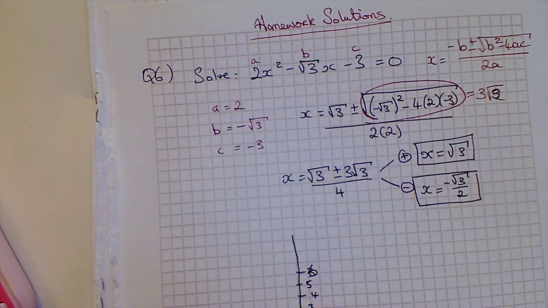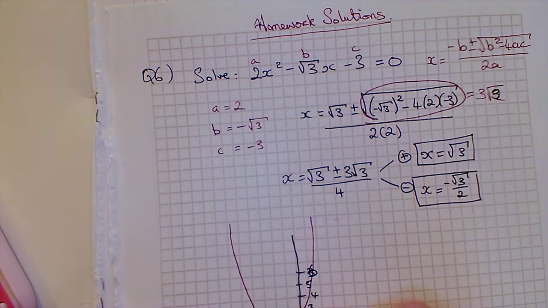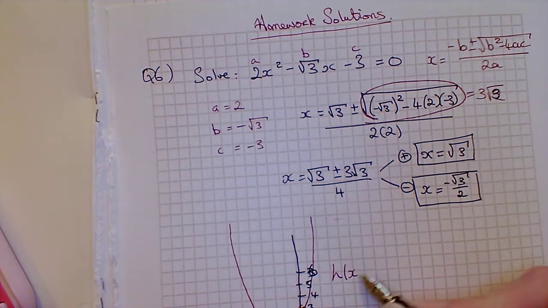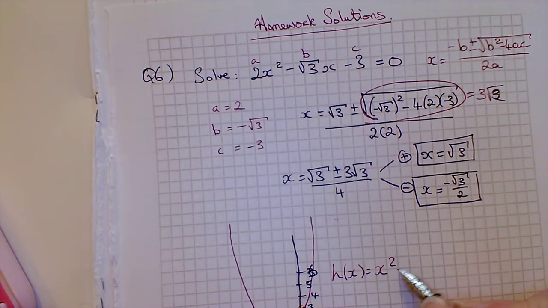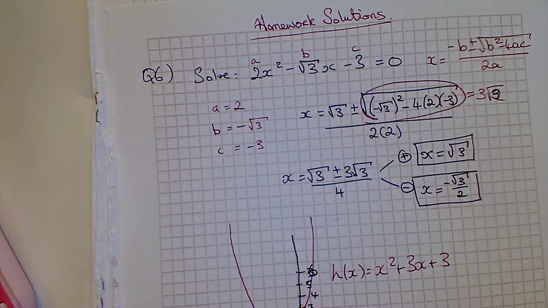I'm just copying the graph that you had, and I'm doing a very quick sketch of it. We had a quadratic graph like this, going through the y-axis at 3, and written next to it was h of x equals x squared plus 3x plus 3. And we were asked to explain,